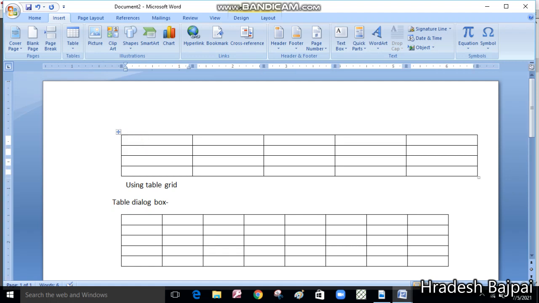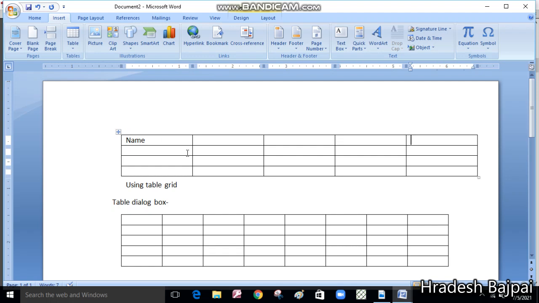You can write. So I'm writing, and for moving the cursor to the next or adjacent cell, press the Tab key. By pressing the Tab key you can jump to the next cell on the right side. If you want to move the cursor to the left side, you use Shift plus Tab. Using Shift plus Tab you can move back, and by pressing only the Tab key you move to the next cell.